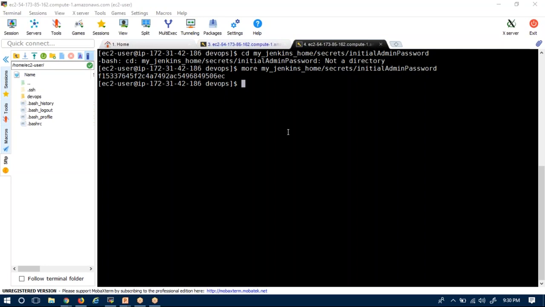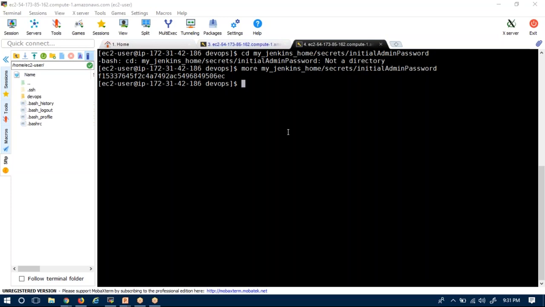So why do we need to copy all the files and directories from the default home directory to the new home directory? After running, sometimes you may have installed some plugins, or configured some jobs, or uninstalled some unrequired plugins.